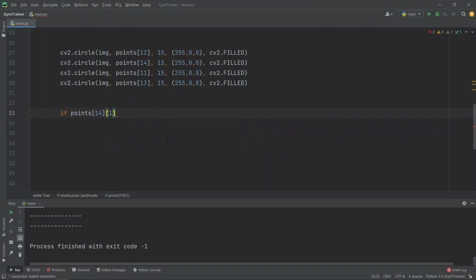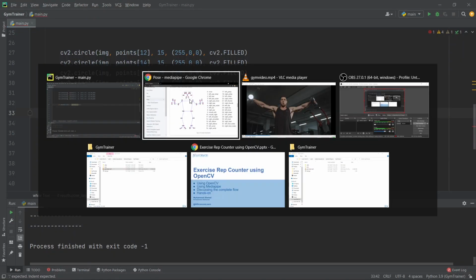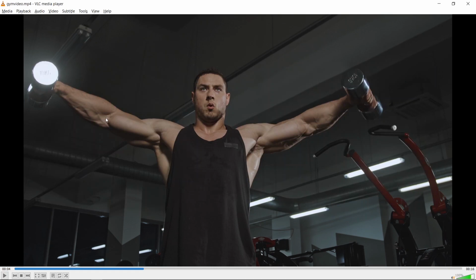Now we will check that if this is less than points of 12, this point, and mark it 1. So if this point is above this one, then the value will be less than this y point.